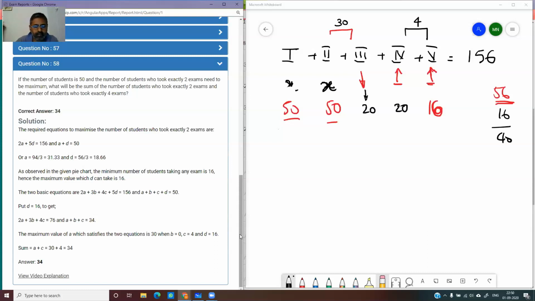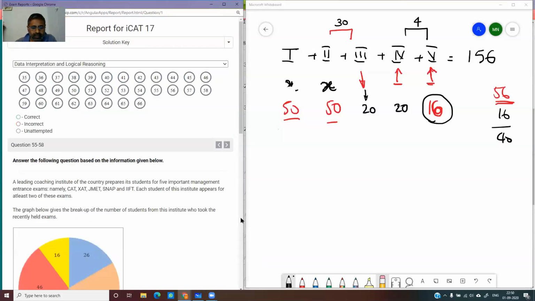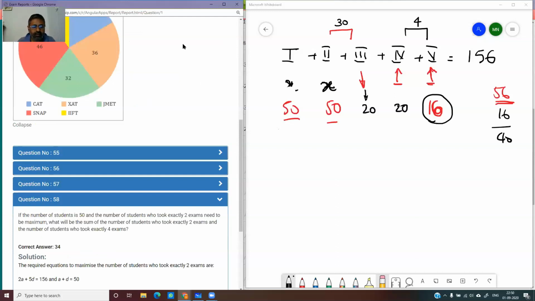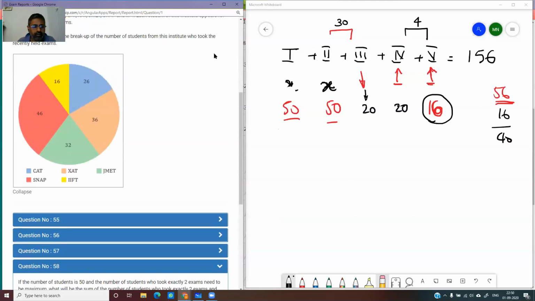In this, we have taken 3, 4, and 5 as 20, 16. Why couldn't we take it as 19, 19, and 18? What is this condition here? This cannot go above 16. That's a condition there, isn't it? All 5 cannot go beyond 16. You remember that? We discussed that. Here, the smallest value, all 5 cannot go beyond 16. This is the largest value possible for 5.